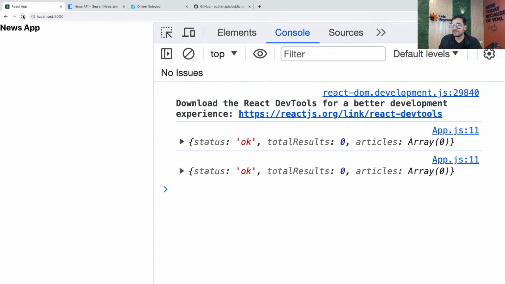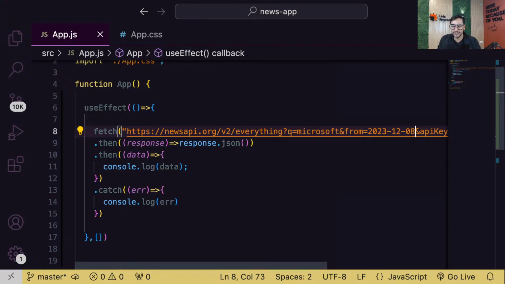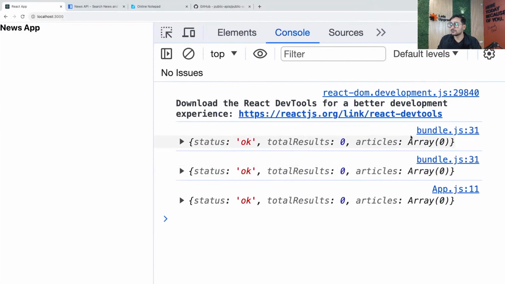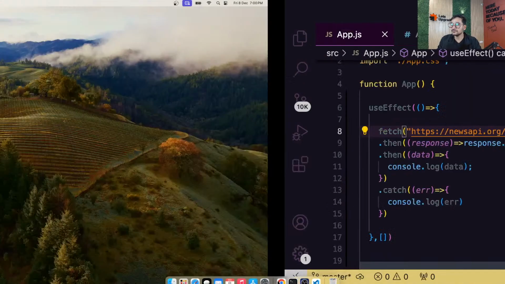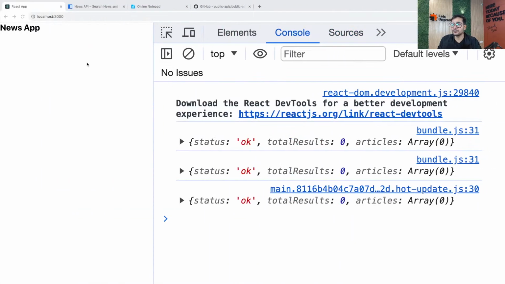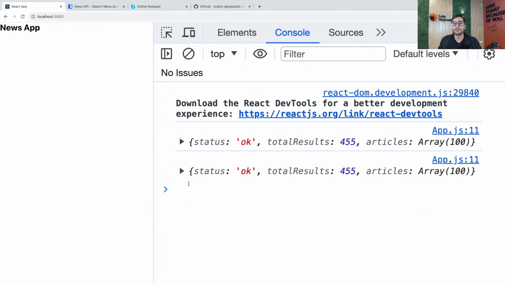And now hopefully we'll get an article. 0. How come? There's no news today. So guys, I think we should put yesterday's date. So let's try 08. Hopefully there's no problem with 0. Okay, no, we are still not getting it. So let's try 07. Are we getting it? Anything? Yep. Guys, yes. So don't pass today's date, pass yesterday's date, because today you get the news of yesterday, right?